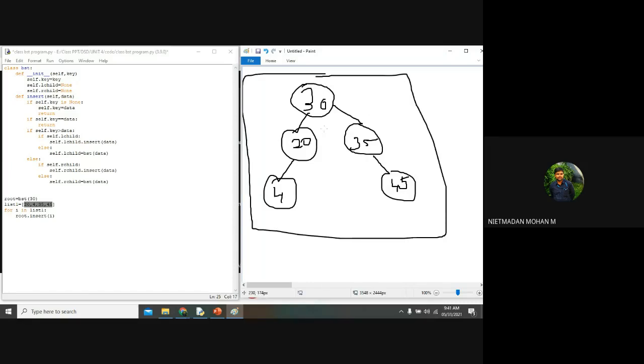Now I want to search for one of the elements in the tree by using the search method. For using the search method, I'm calling the object again. So root.search, and I want to search for any value with the method on root. So now it will become 20. I want to search whether 20 is available in my tree or not. So for this, self comma data. So what does data mean?